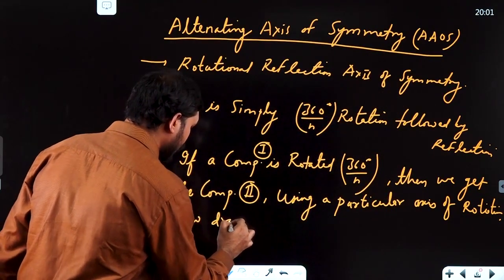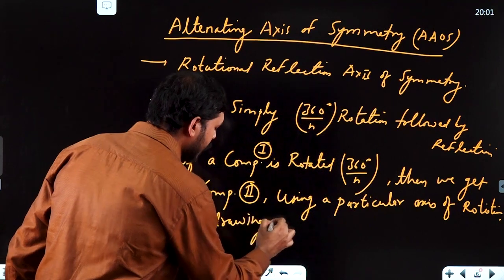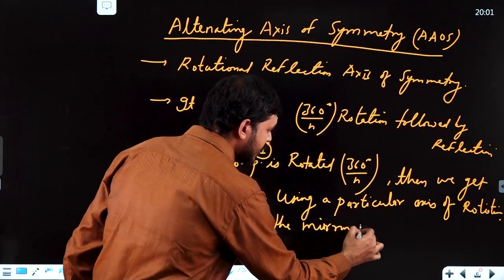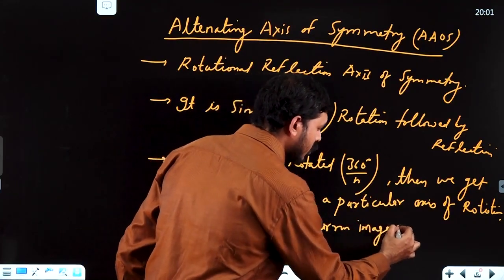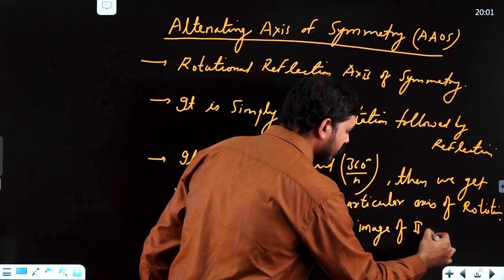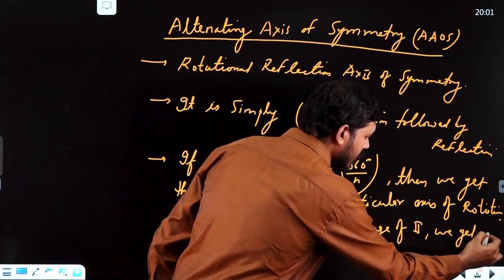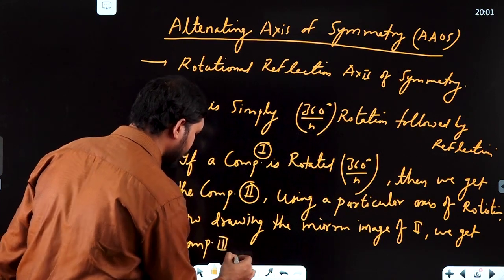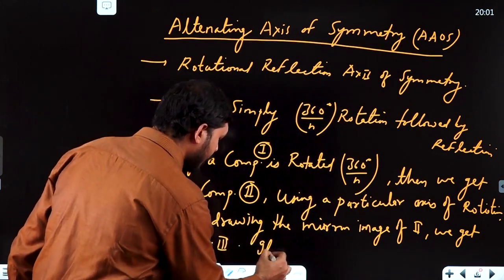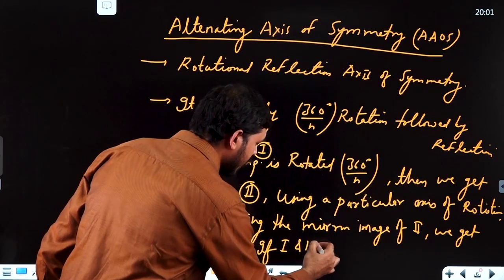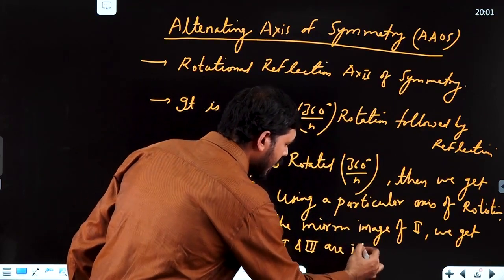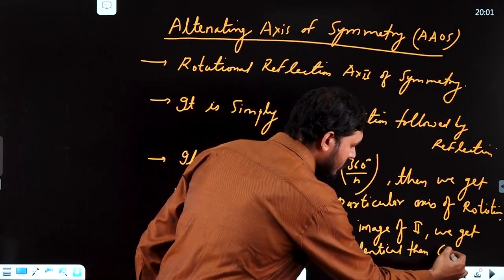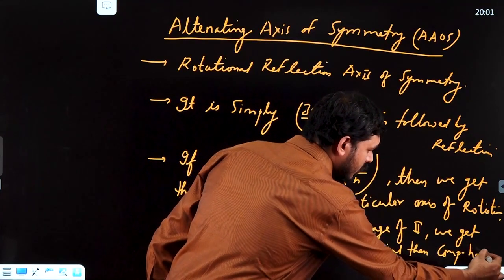Now, drawing the mirror image of the second, we get compound 3. If 1 and 3 are identical, then the compound has